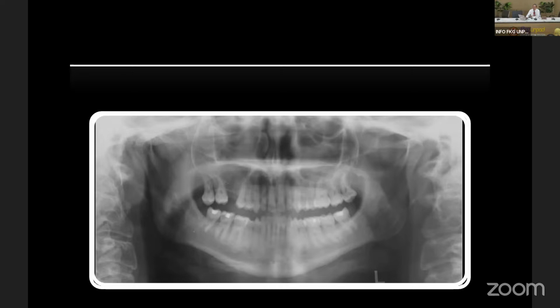If you have experience in radiology residency? Yes, if we look quickly at the panoramic radiograph, sometimes it's hard to see the change.